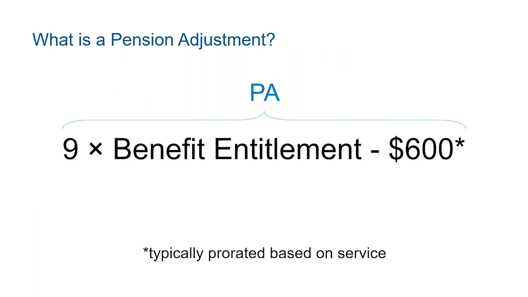There is a basic PA formula which many of you have seen before, and we have on this slide. This is the formula used for traditional defined benefit plans, including DB Prime, and will continue to be the formula used for DB Prime going forward. To calculate a PA, you input the annual pension or benefit entitlement amount that a member earns, and the PA formula translates it into a number that works with the Canadian RSP system. Let's take a closer look at some of the elements of a standard defined benefit PA formula.